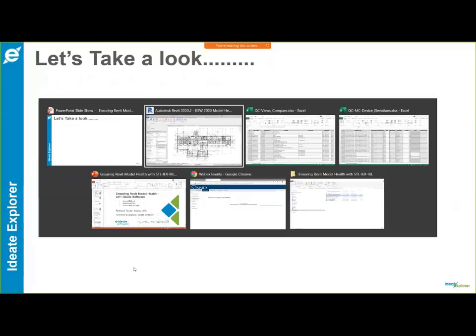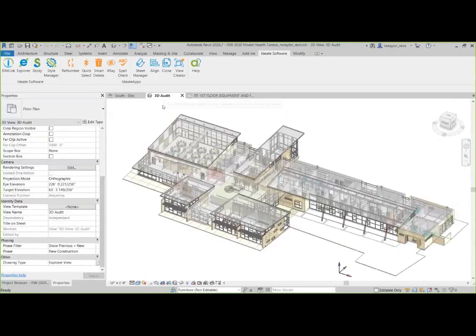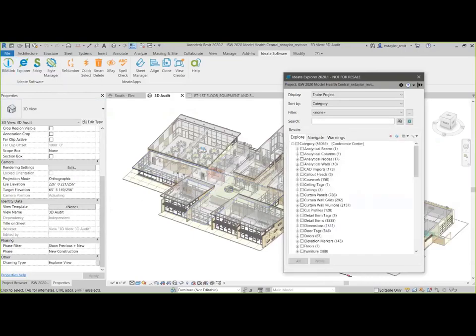So again, let's take a look at all this information. If I switch back over here to Revit, I'm going to use the same project that we've been in. I'll just go to a 3D audit view here. We started over here previously working with BIMLink. I'm just going to move over here and click on Ideate Explorer. When Ideate Explorer first starts, it's going to show you either elements in the active view. So I've got 4,000 elements that it's showing in this 3D view,